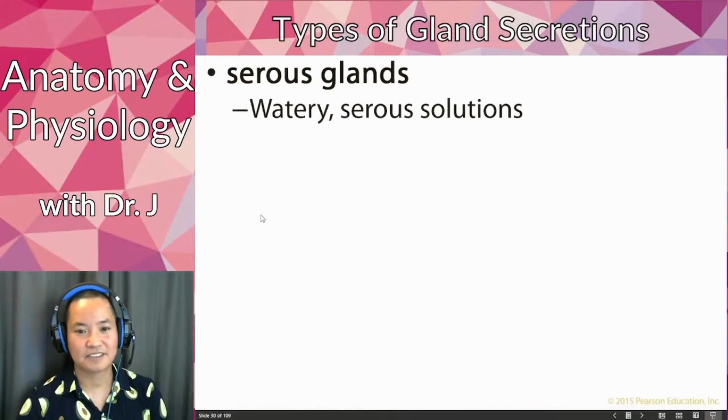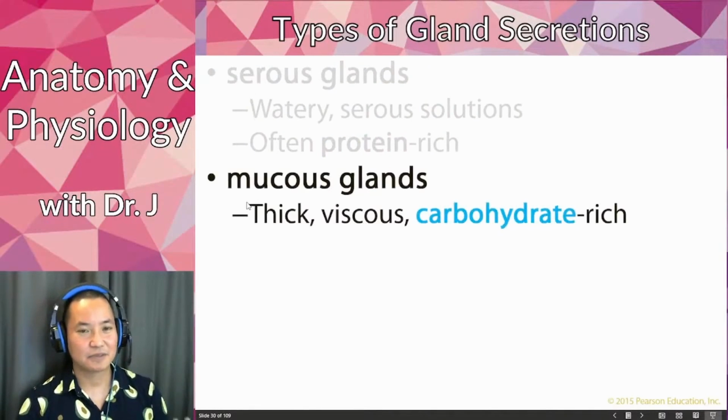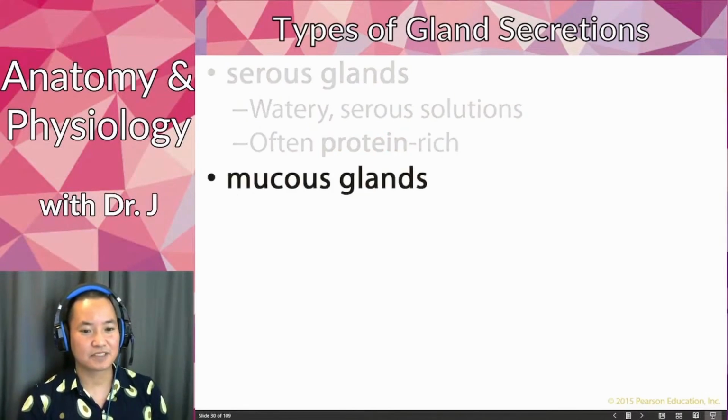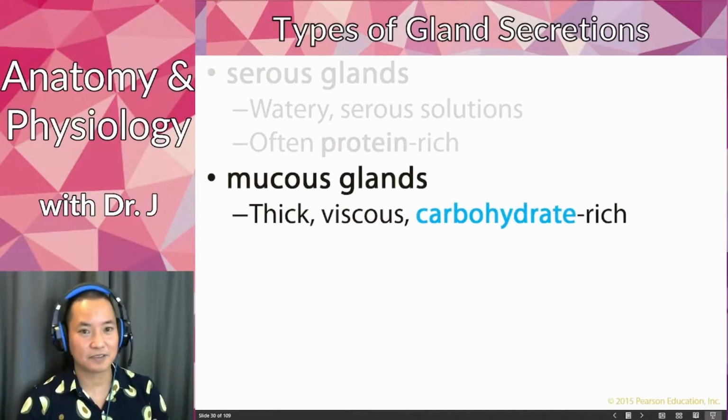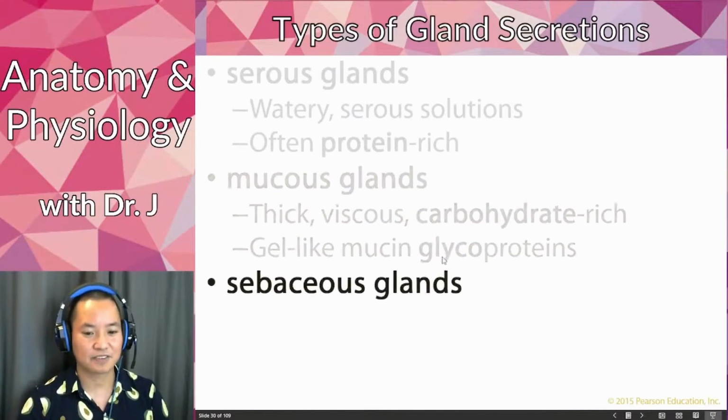Okay, so here we have types of secretions. We have serous glands and mucus glands. Don't worry about serous glands too much, just know that they're watery compared to something like mucus, which is very thick. We all know that when we blow our nose or cough up mucus, it's kind of thick. Why is it thick? It has a lot of carbohydrates and proteins called mucins. These are glycoproteins: proteins that also have sugar molecules attached that allow them to hold on to water. That's why our mucus is very, very thick.